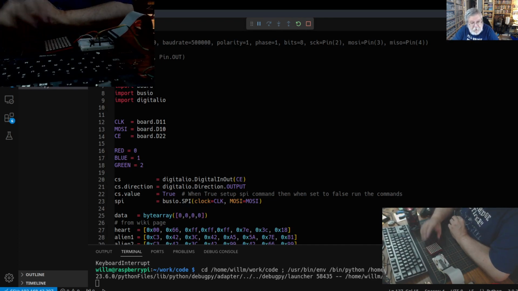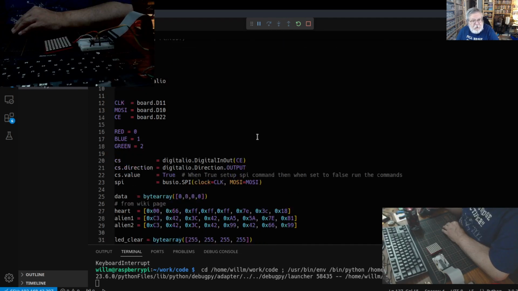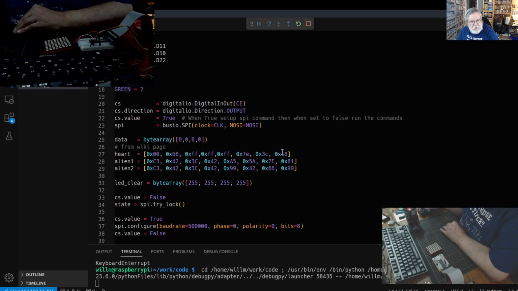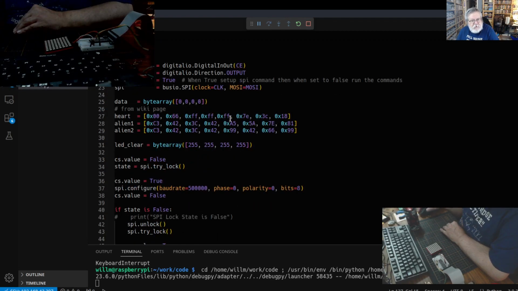So now in the code, I come around and there's some other stuff in here that defines the cable select based off that CE pin. The direction is an output. The value is always true. This sets up the SPI with the clock and the MOSI, right? With this SPI setup, you can determine speed. That's done with an SPI configure. This stuff over here comes from a wiki page on this board. I took it right out of the Arduino code as samples so I can learn how they were doing this,